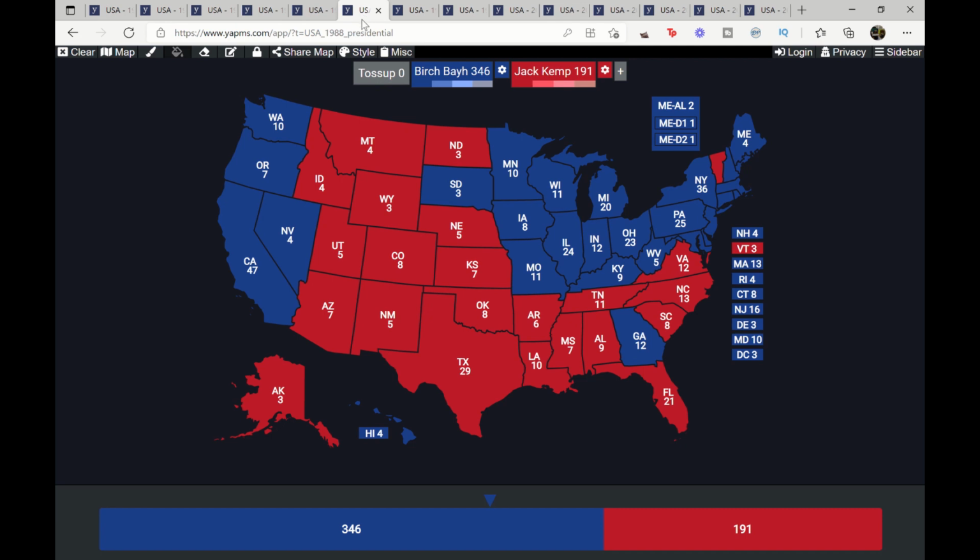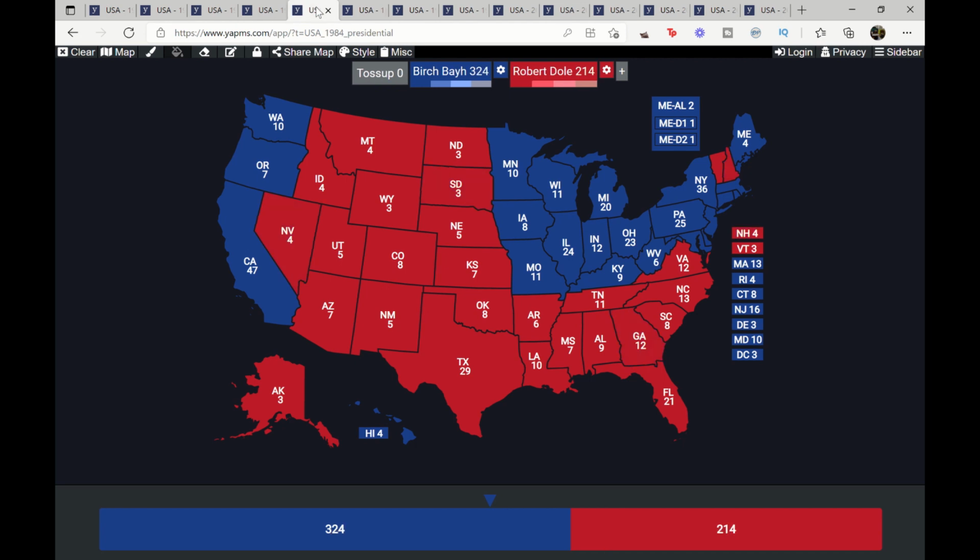Anyway, so now we head over to 1988. We have Birch Bayh again going up against Jack Kemp. Jack Kemp was a former football player and representative from New York. He's a pretty interesting figure ideology-wise. He was kind of a libertarian, but he's very conservative. So I can definitely see Birch Bayh improving a lot, getting more electoral votes than he did in